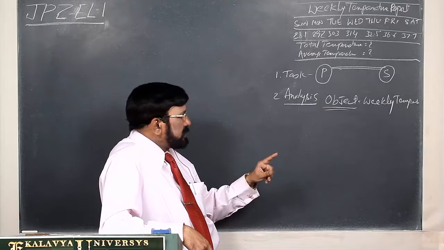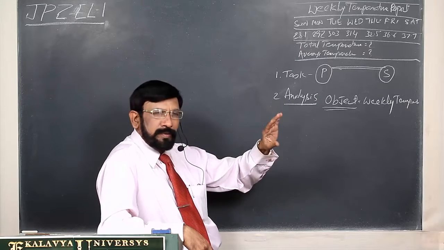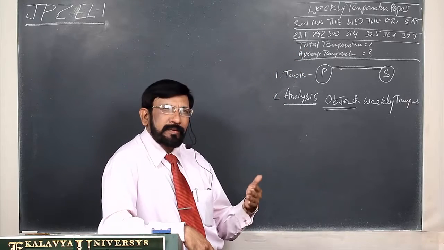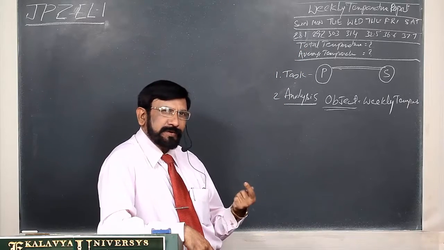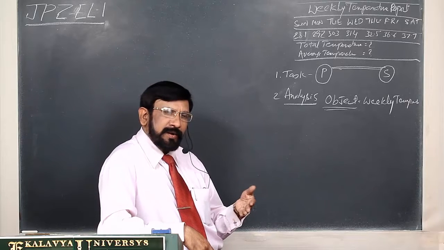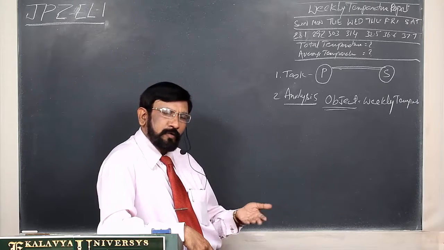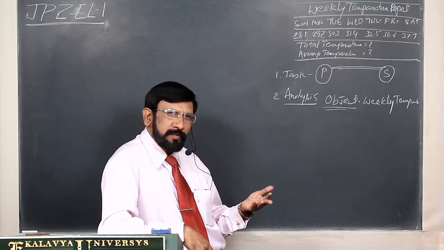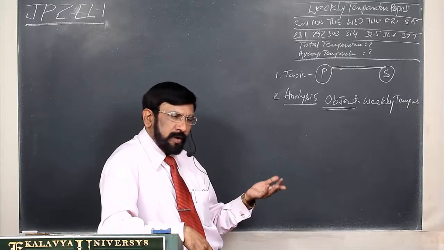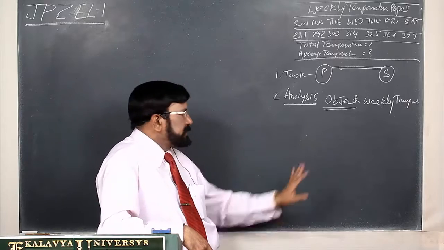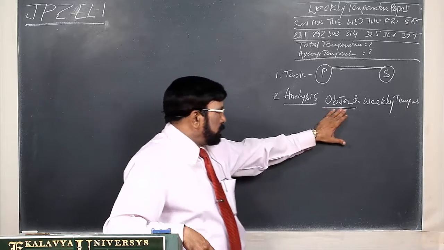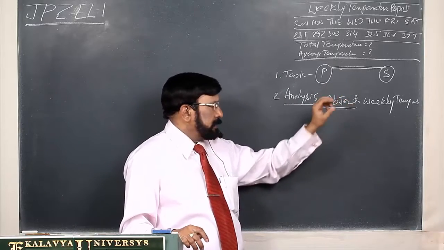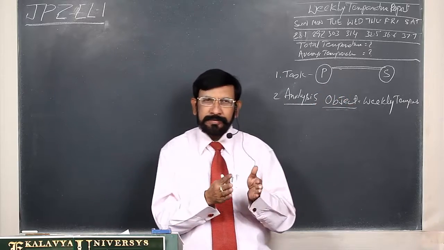If a client asks you to develop a temperature report for 1 week, then you create one object. Some other client asks for 4 weeks, you create 4 objects. Some other client asks for the whole year, 52 weeks, you create 52 objects. That is the procedure. So now we have got clarity about what an object is and what we have to do.